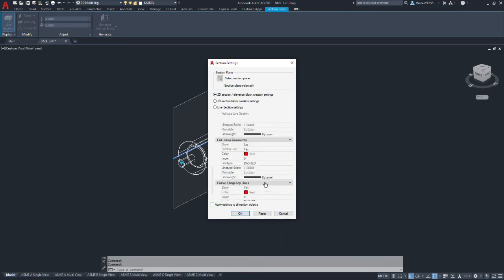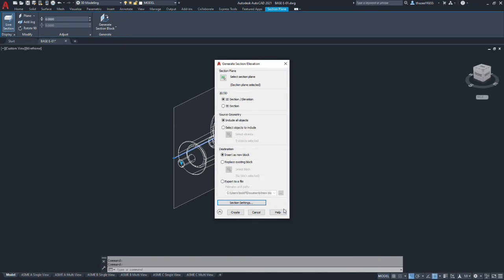We're going to scroll down to cutaway geometry. It's going to be show no, and hidden lines no. Now we scroll down to curve lines. We're going to say show no. Okay, we're going to select OK. And we're going to select create.